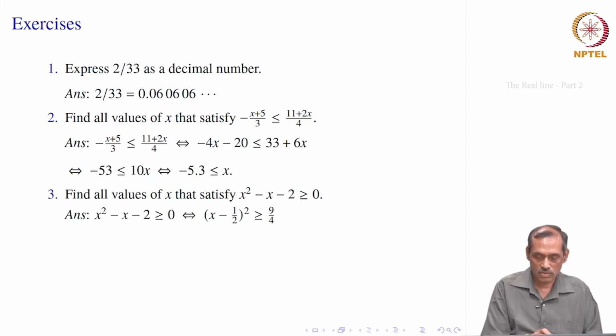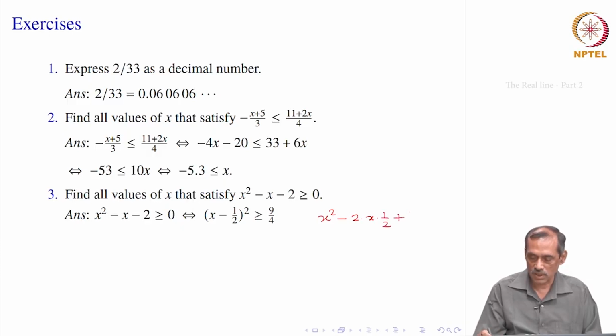The trick is to make the left side a complete square, so that you can take the square root. Well, this is x square and this is minus x. So, we can say something like x square, minus 2 times x into half, we need here plus half square, and x square minus x is okay. This is the extra thing we have added, so that we should subtract. This is how the left side looks, right side of course is staying as it is.